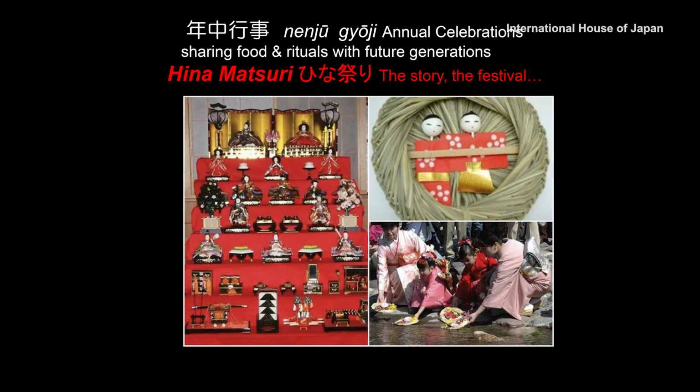So, now into Hina Matsuri. I'm just going to quickly take another sip of water. So, the origins of Hina Matsuri, there are lots of different stories, if you will, but what they all have in common